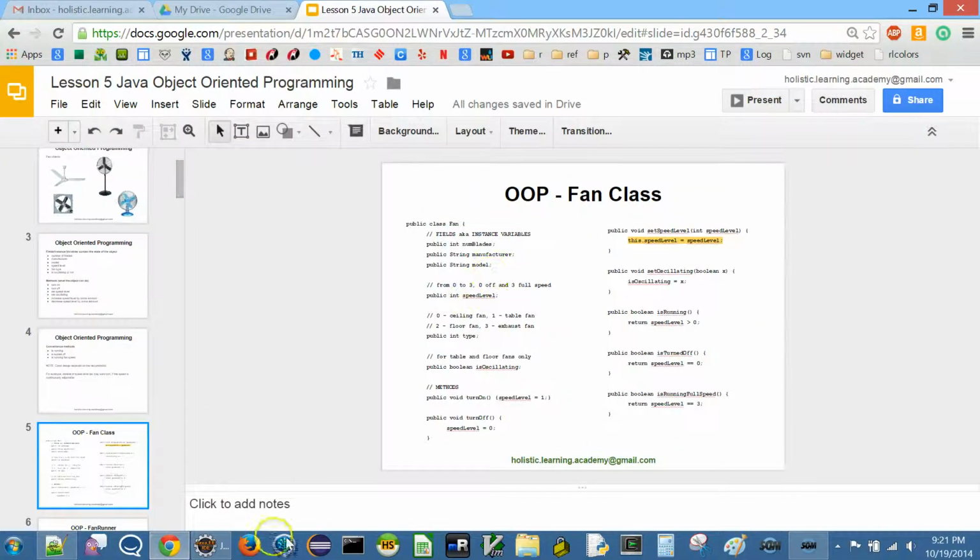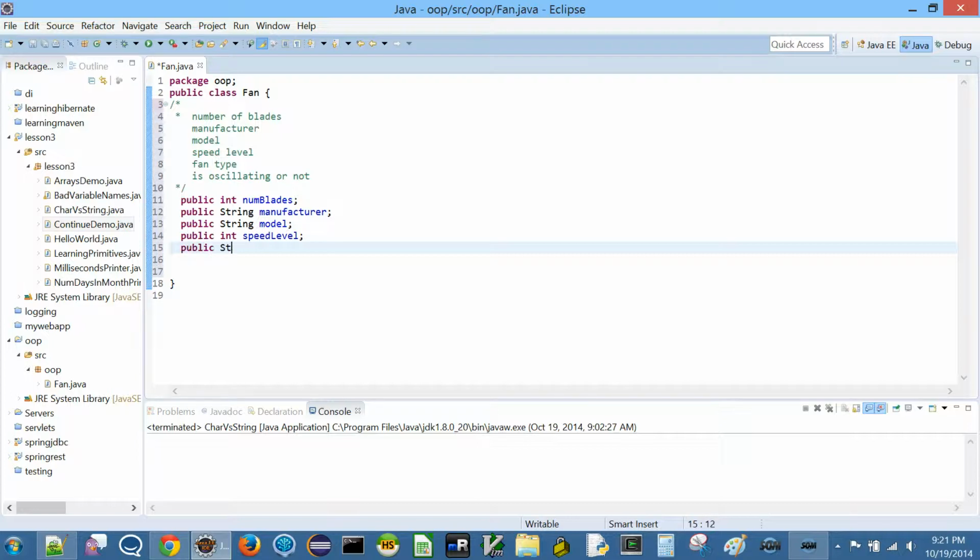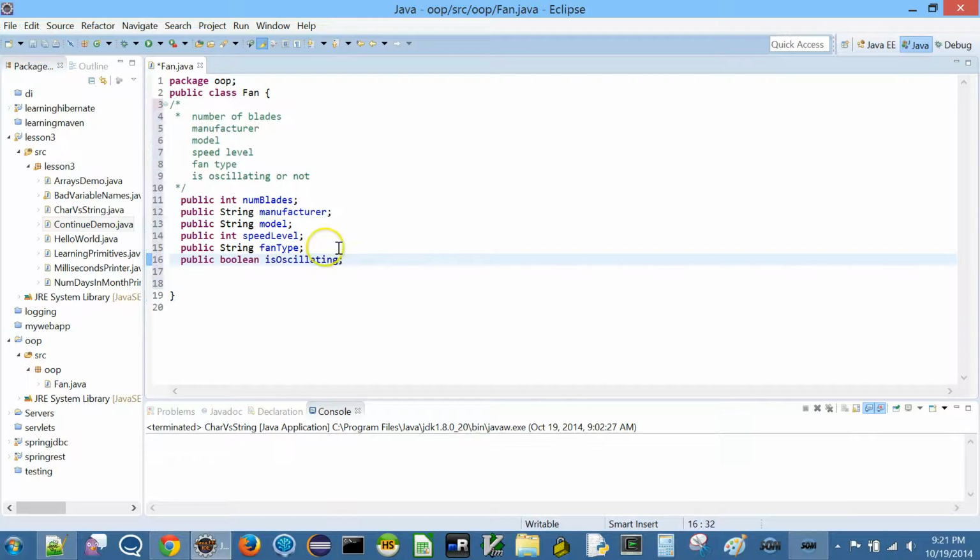I'm using int for speed level, so I'm going to just use int speed level. All right, and then fan type, which is again going to be a string, public string fan type, and then is oscillating or not. Now what is the correct type for that? It's a boolean, right? Public boolean is oscillating. Great.